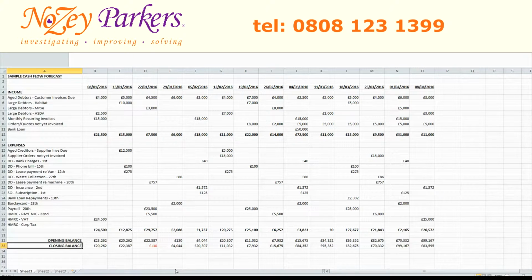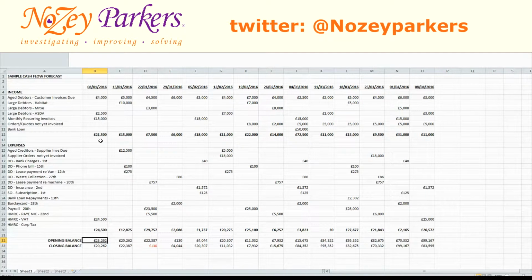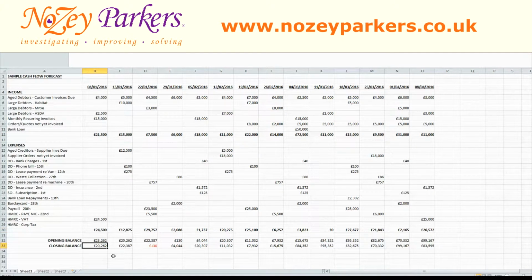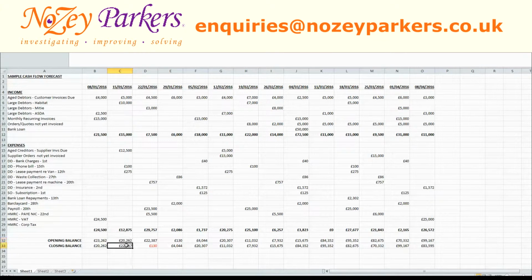Now here's the important bit. Your closing balance will be as follows for each column. Your closing balance equals your opening balance plus your incoming cash minus your outgoing cash. Carry forward the closing balance figure for each column into the opening balance cell of the next column. You can then copy the formulas across and do any necessary tidying up of the